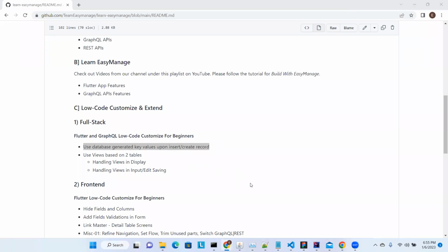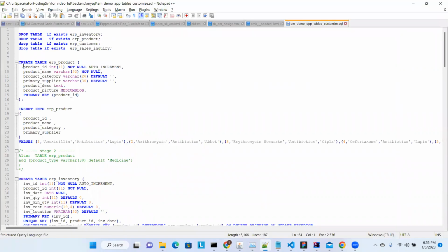For this tutorial, we'll be utilizing the product table. Let's look at our product table. So we have a product table with product ID, which is auto increment in MySQL database, which should generate the key value as per MS SQL identity or Oracle sequence equivalent. So we'll be utilizing this database generated key value, and then user don't need to supply the product ID on